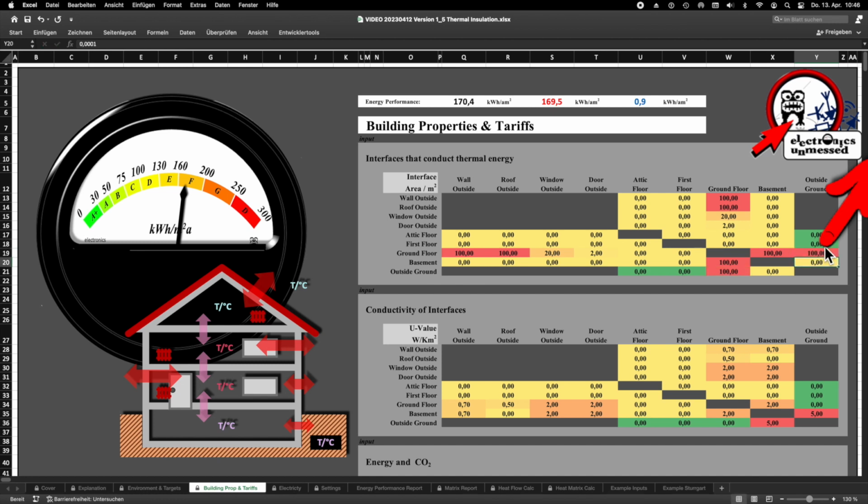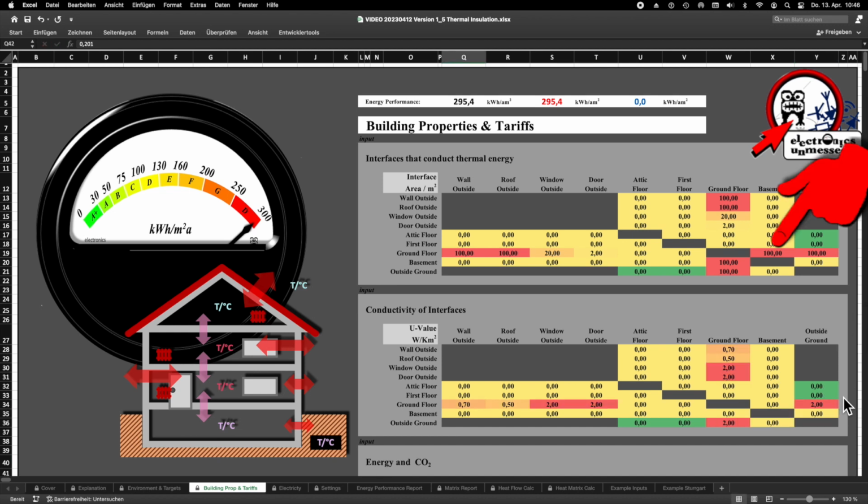With the U values, we proceed the same way again. The ground floor / basement interface no longer exists, so we make the U value very small here. And of course the U value between the ground floor and the ground, which was previously 0, must be specified now. Important here in order to understand the principle.